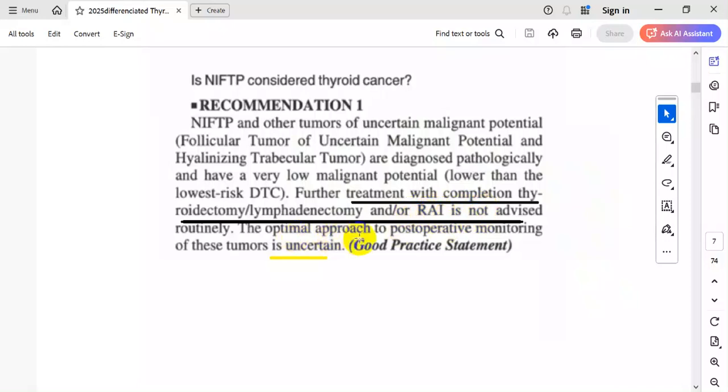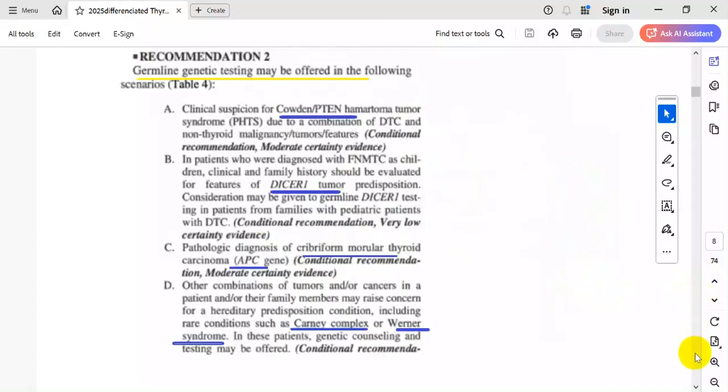The optimal approach to postoperative monitoring of this tumor is uncertain. And we must not forget